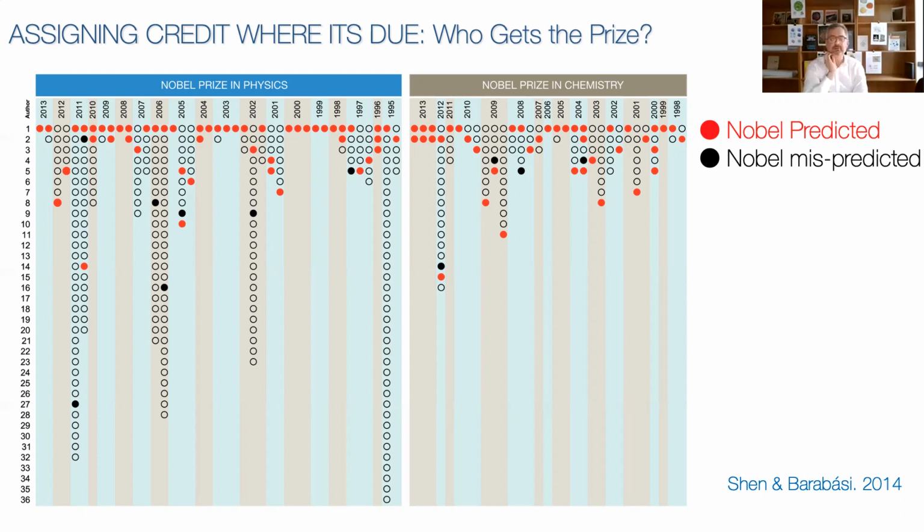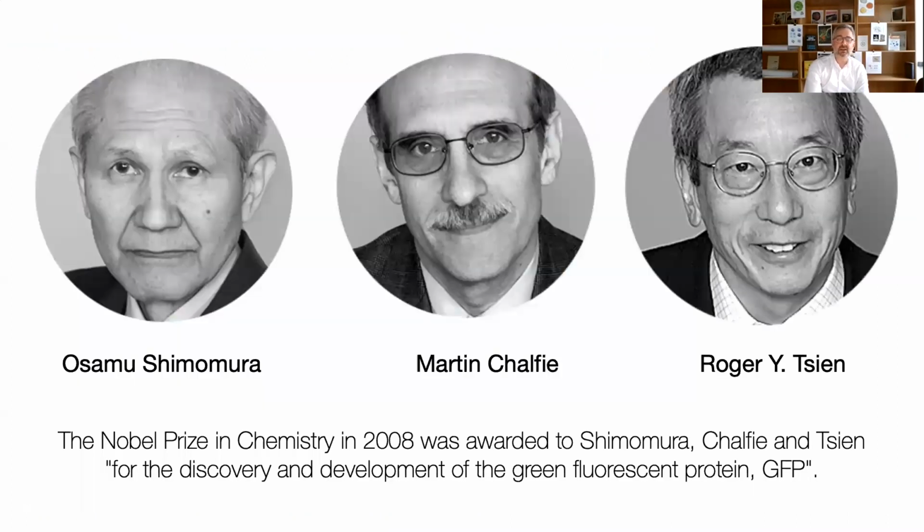And we looked into each of the black dots, of course, because we're curious. And to be honest, all of them were very interesting stories. Never was a clear-cut situation. But let me actually tell you one story that is particularly memorable, and I think we can learn a lot from that. And that's the 2008 Chemistry Nobel Prize that went for a very important discovery in biology, the so-called